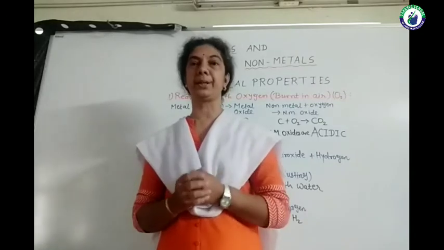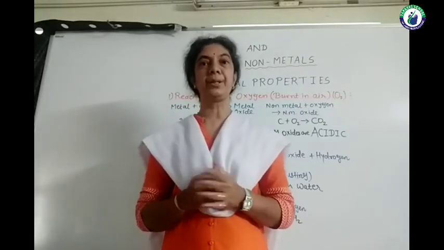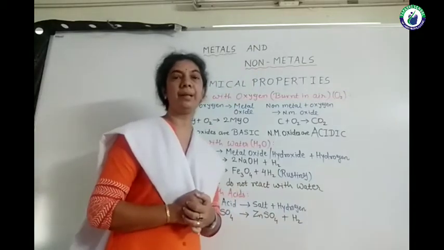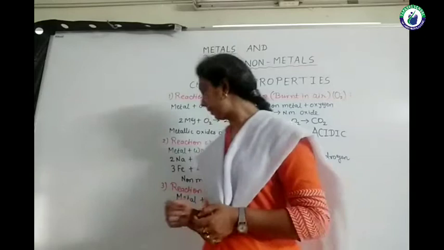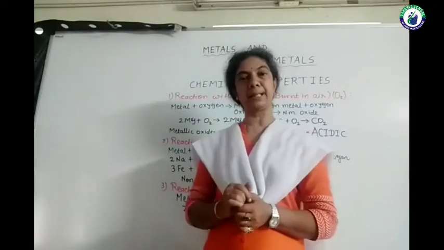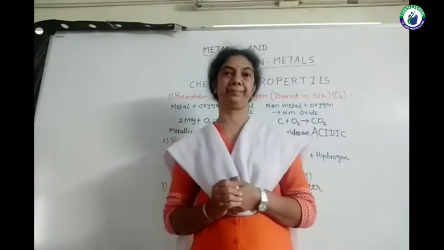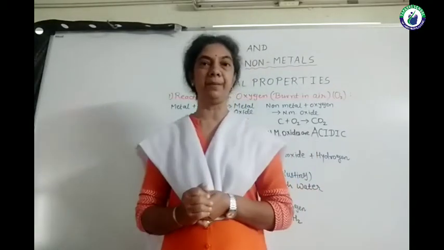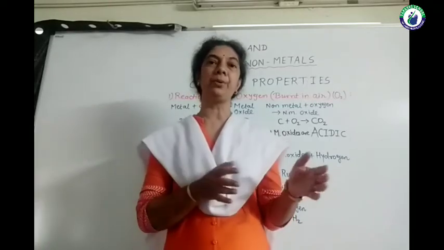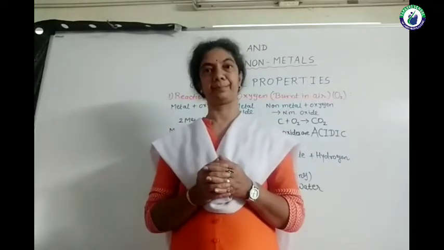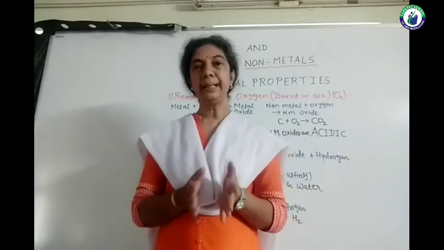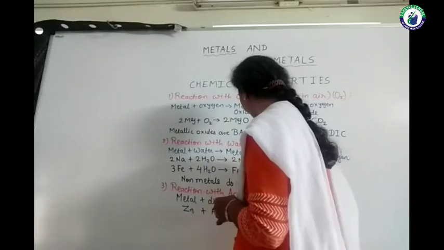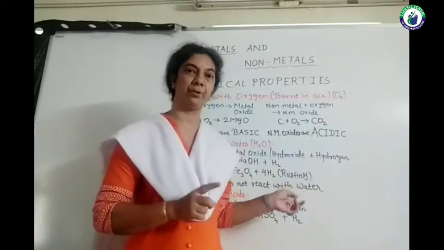The third reaction we can take is with acids. Normally we give the reaction with dilute acid, that is mixed with water. An aqueous solution of the acid we are preparing, and we can say that they are the diluted acids. In that situation, the general formula is metal plus dilute acid gives salt plus hydrogen gas.